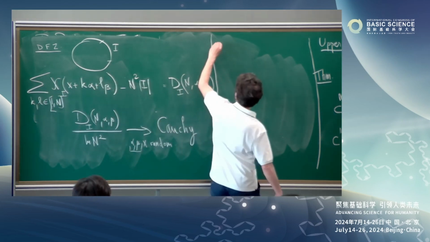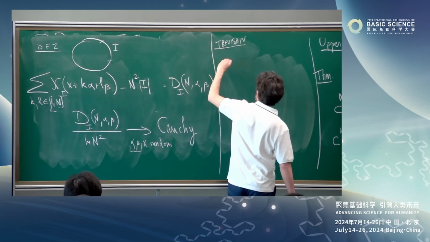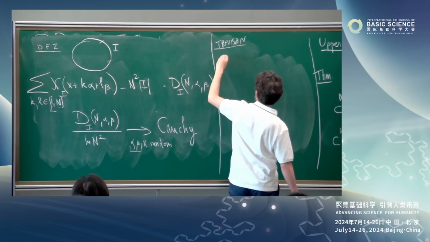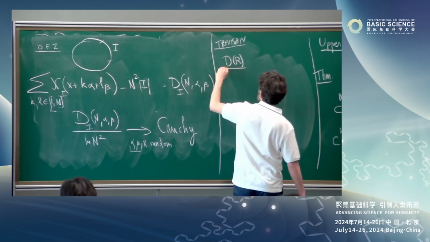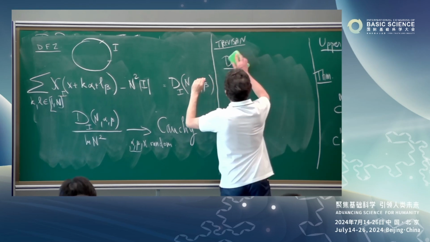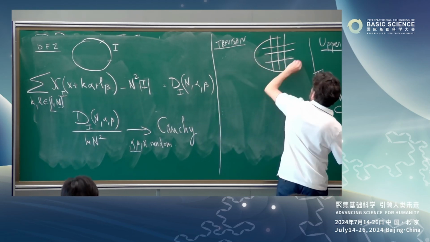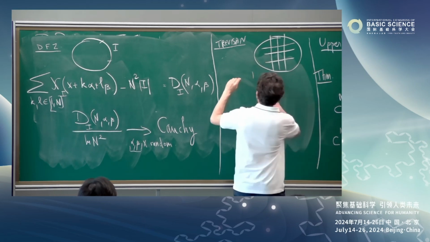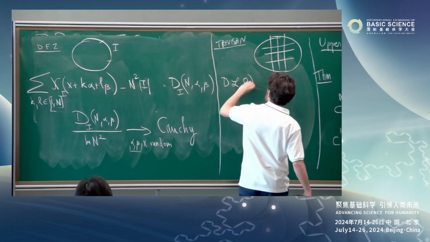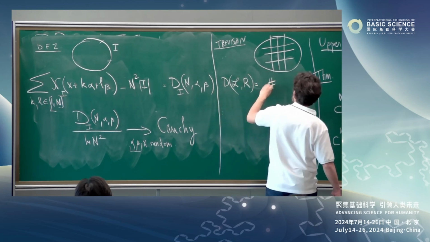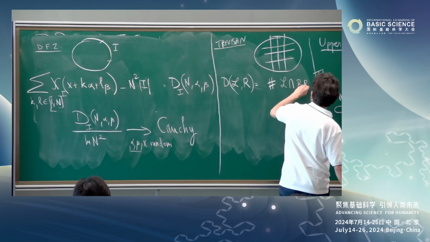I talked about Trevisan, who studied Gauss's problem. Remember Gauss's problem: you have this lattice and the ball of radius R, and D(L, R) is equal to the cardinality of L intersected with B_R